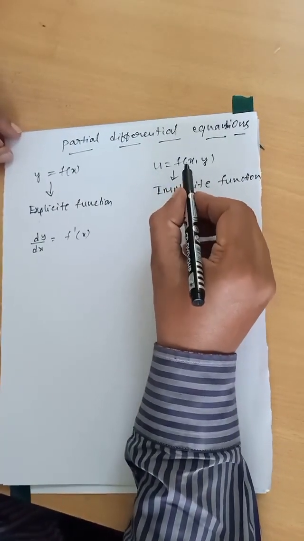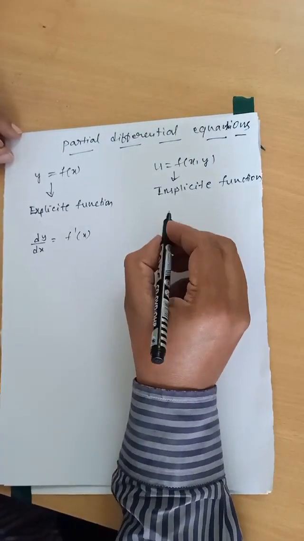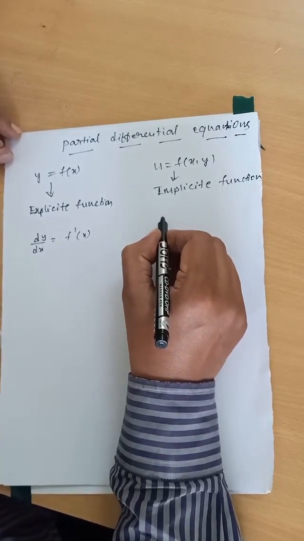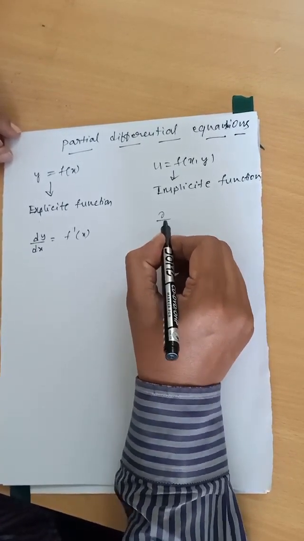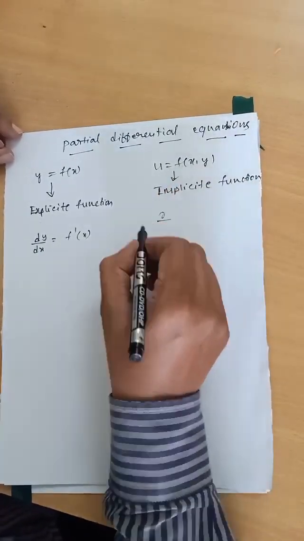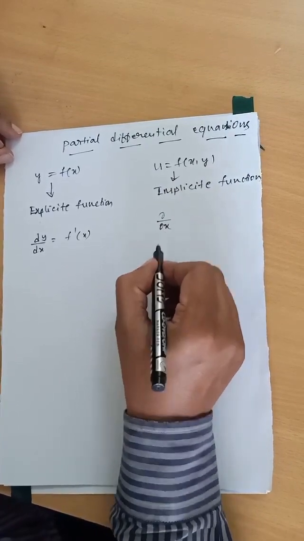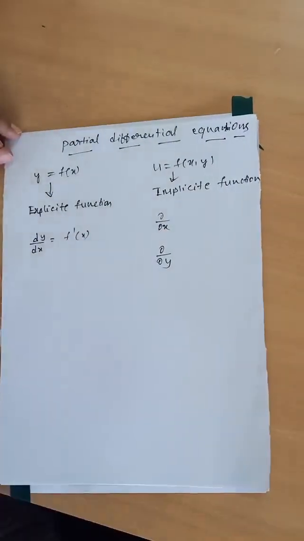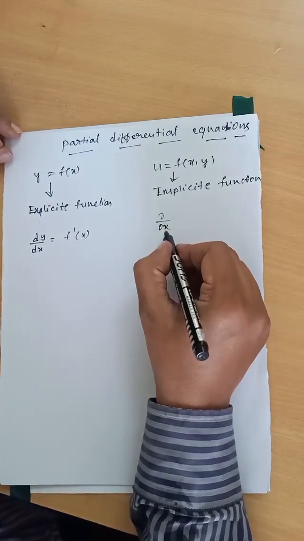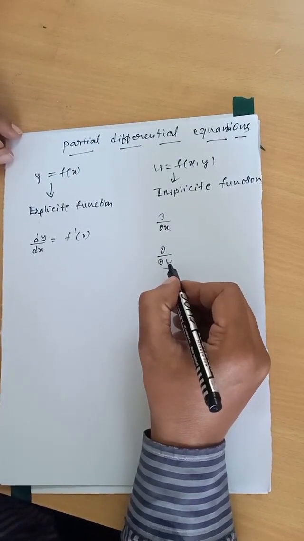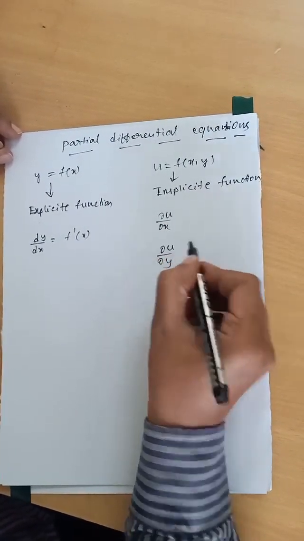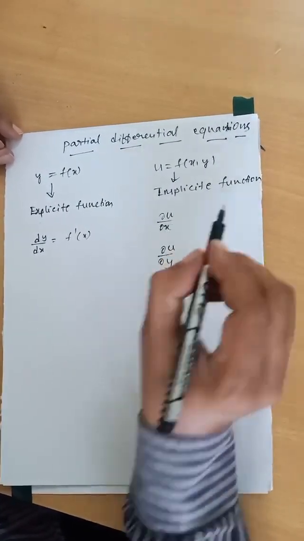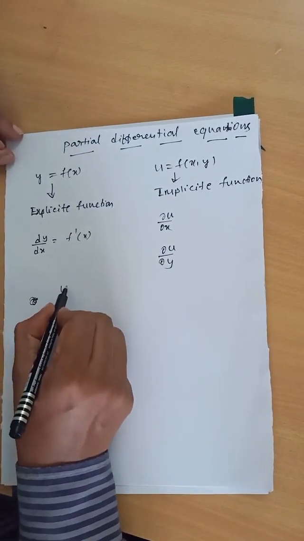So in this case, because of more than one variable, we apply another differential operator, that is the partial differential operator. Here two variables are there, so you write dou by dou x and dou by dou y. Because of two variables, you apply the partial differential operator dou by with respect to x, dou by with respect to y, for u as the dependent variable. So dou u by dou x means, I consider one example.